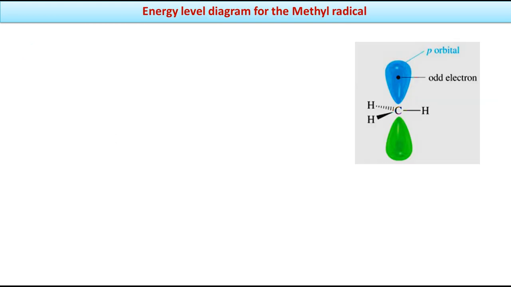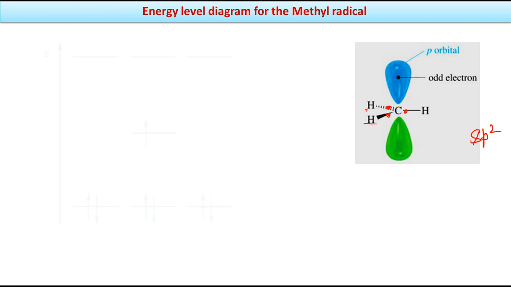Now the energy level diagram for the methyl radical. Here I have chosen the methyl radical because this is very simple. So the carbon here is planar, and I am considering it as sp2 because in most cases we consider it as sp2. So when it is sp2, carbon will use 3 sp2 orbitals for bond formation with 3 hydrogens. So 3 electrons will be involved here. Now the other electron which is remaining in a pure p orbital, the unhybridized p orbital, that will be the